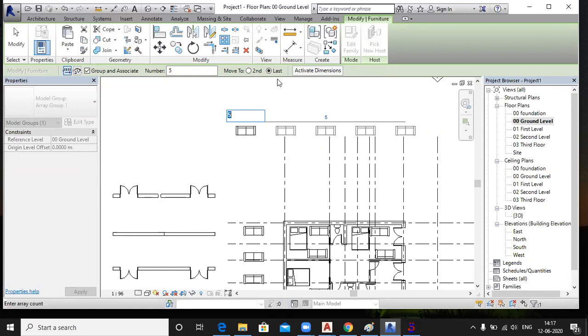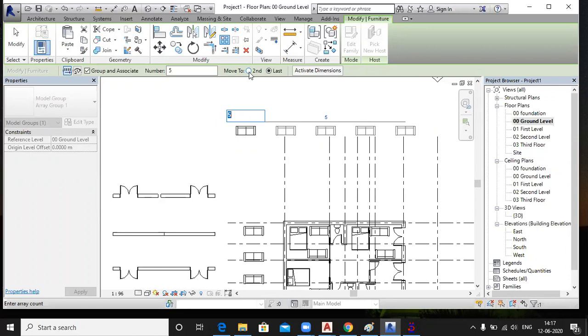So you understand what the second object option and the last object option do? Second means that I specify the distance between the first and second object, and all the distances will be calculated from that equal point.